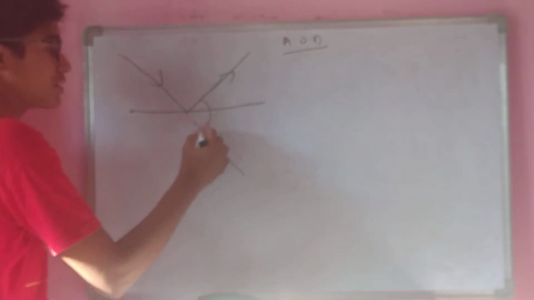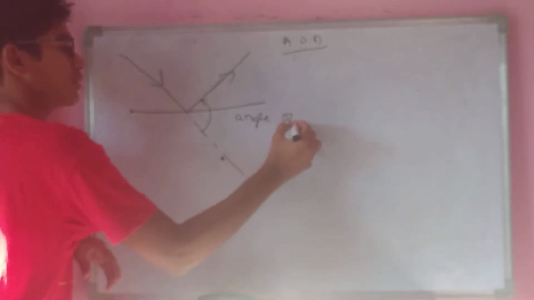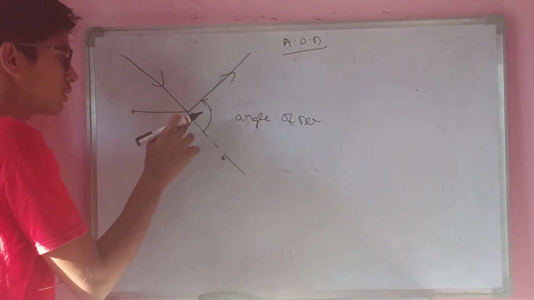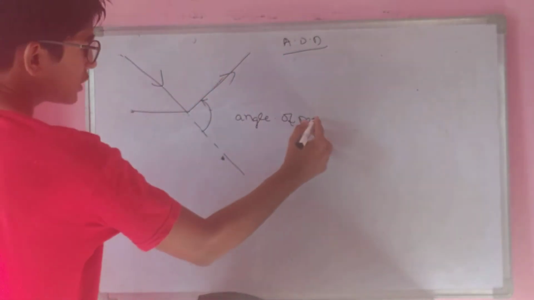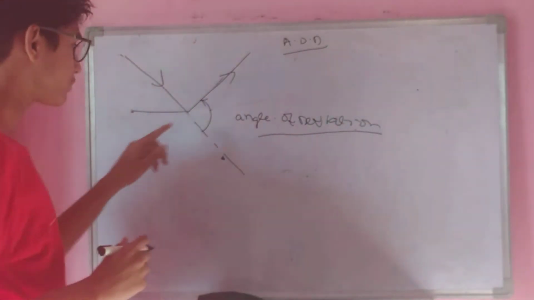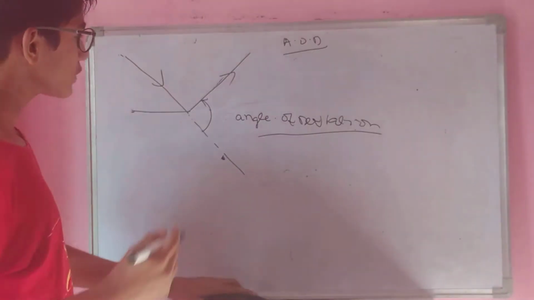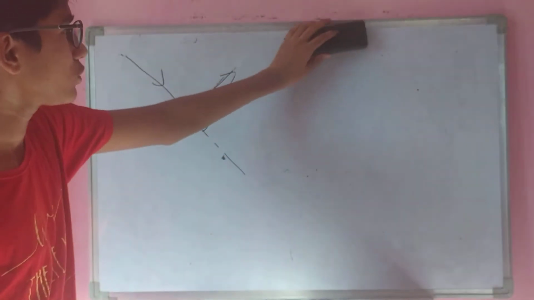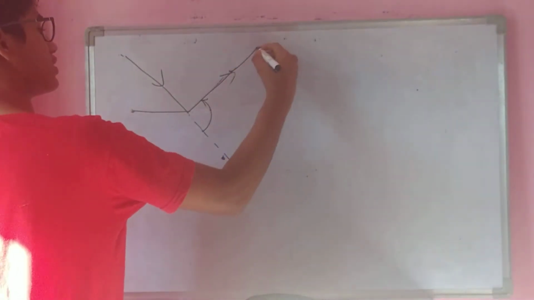Now can I say this is the angle of deviation? You don't consider the plane mirror here. This is the angle of deviation, no? This much angle it got deviated due to the plane mirror. How to find this angle? We had called it the angle of deviation. Is there any formula to find the angle of deviation? Yes. Let's check it out.